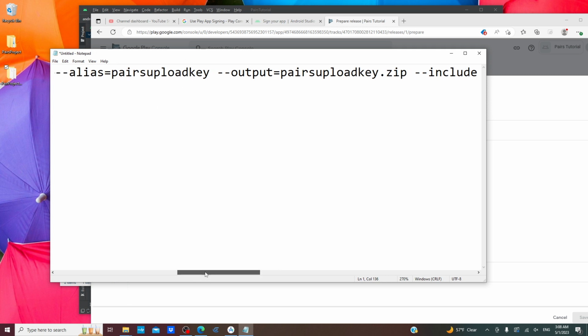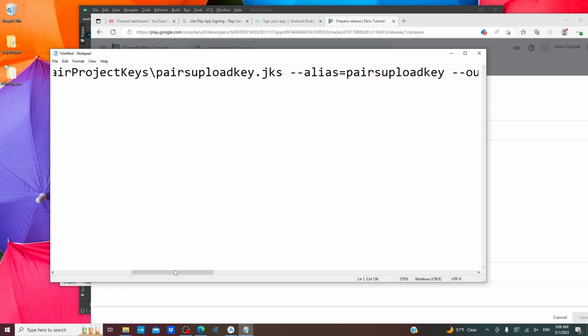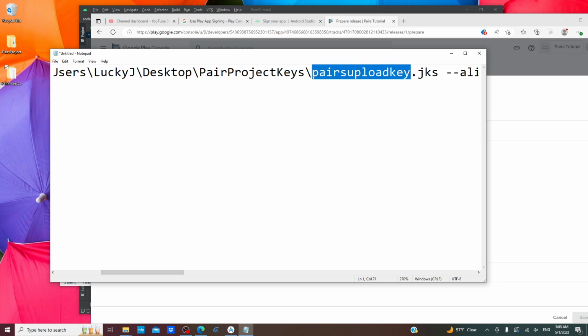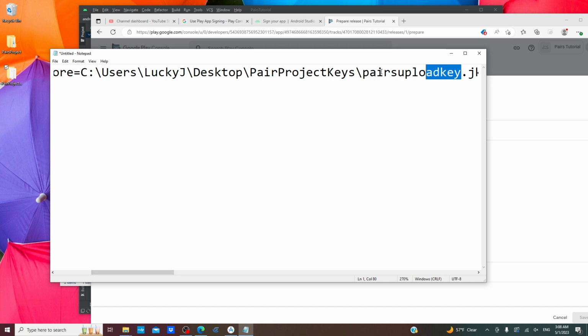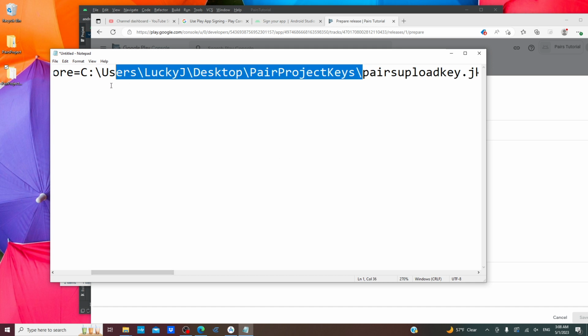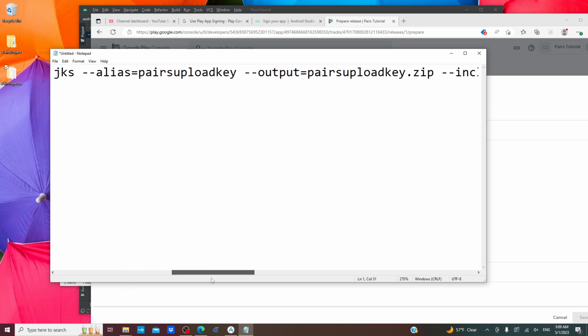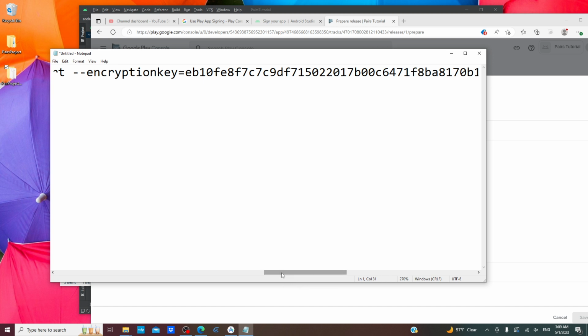Okay, and just like the first one, where we're telling it where to find the upload key, we also want to tell it to put our zip file in that same location. You can just have it put it,